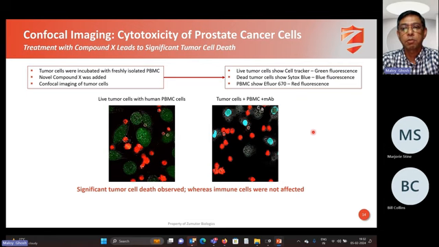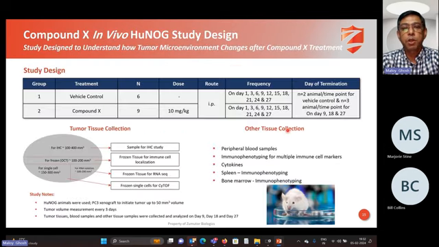Very nice demonstration of the function of this molecule. The next set of experiments we looked at in mice, where this is a humanized mouse, where we have created the tumor using PC3 cells. The tumor grows very, very fast. We inject our drug at particular days at a certain dose, and we do see a very nice reduction of